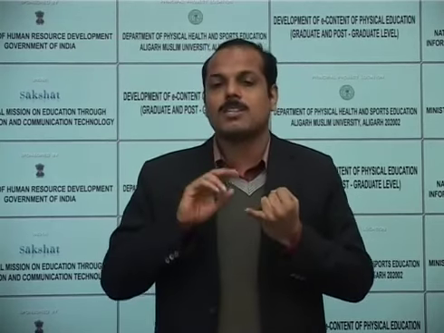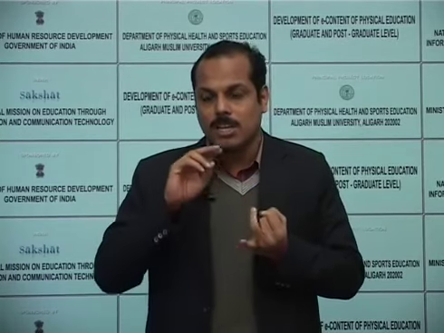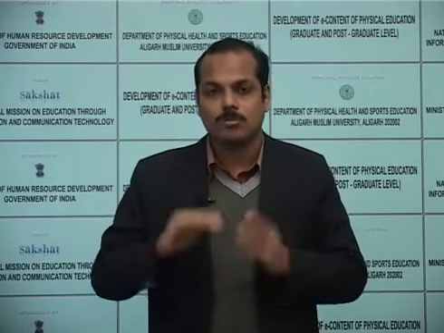While doing the doorway front deltoid stretch, we will get the stretching of some other muscles also. It includes the pectoralis major, especially the sternal part and clavicular part of the pectoralis major, pectoralis minor, and biceps brachii also. All these four muscles are also getting stretched in the doorway front stretch, but the main muscle that gets stretched is the anterior deltoid muscle.